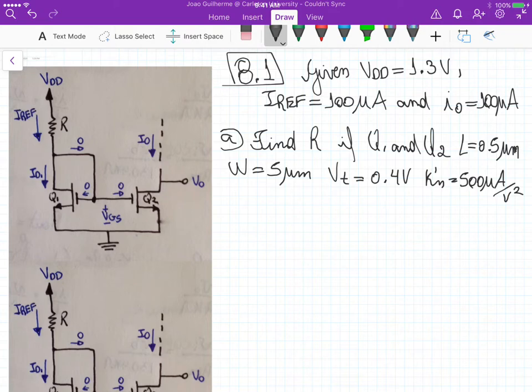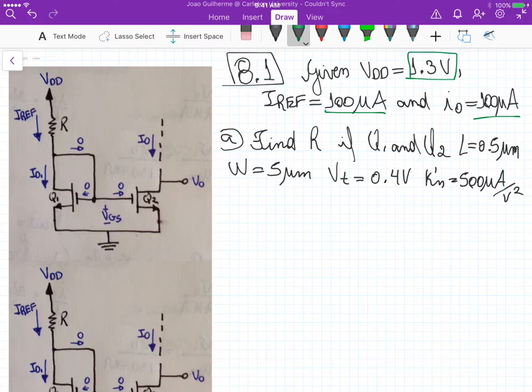So for chapter 8 we have some problems for current mirrors, and in this particular problem 8.1 we have this circuit that's a current mirror. It's given that VDD is 1.3 volts, the reference current is 100 microamperes, and the output current that's been sunk is 100 microamperes. And in part A we need to calculate what the value of R is,